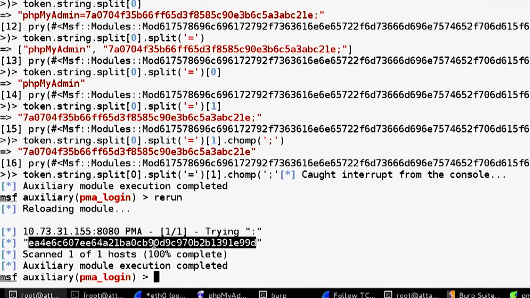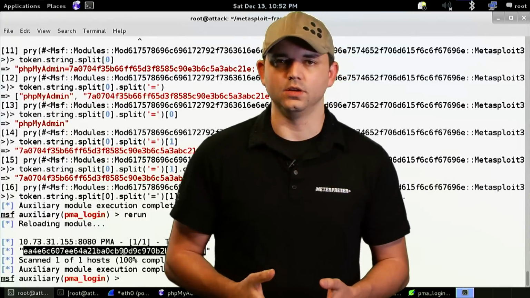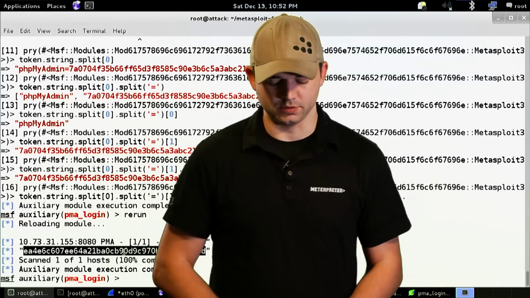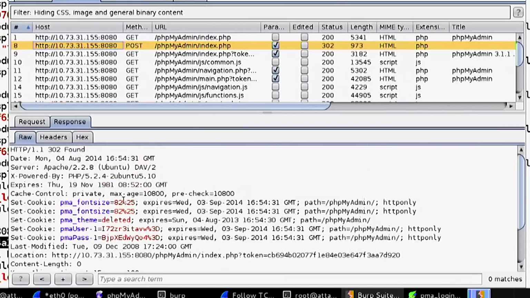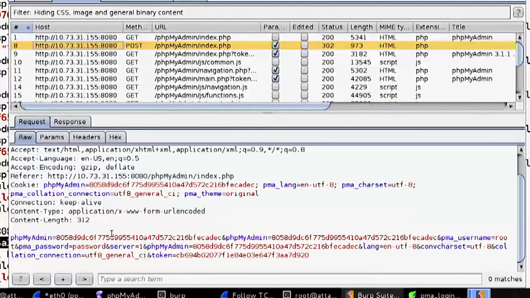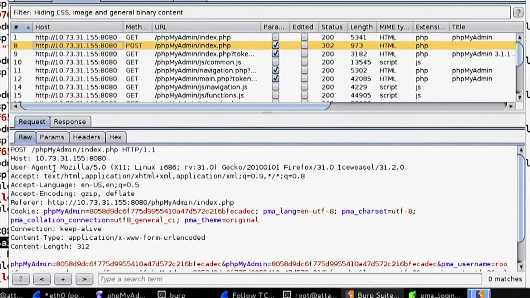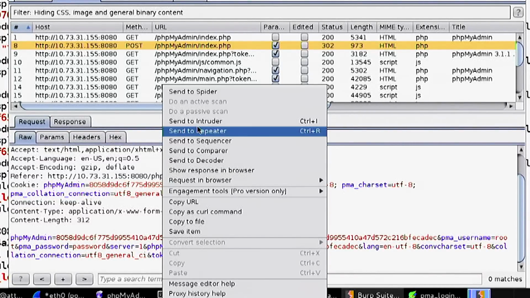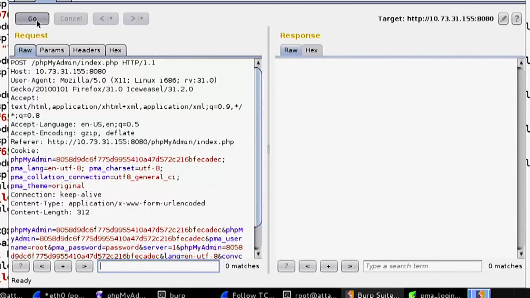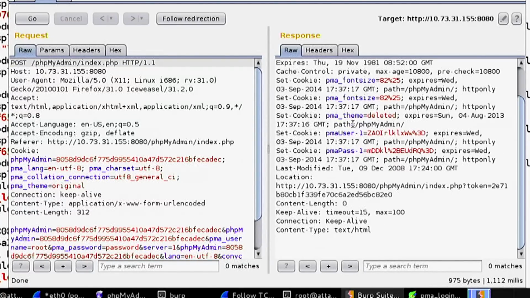Yay, we have a token. So now that we have a token, we actually have to do the login portion. So let's look back at our POST request, and the POST request is pretty straightforward. The cookie's in there. Now what we can do is send this to Repeater, hit go, and see the